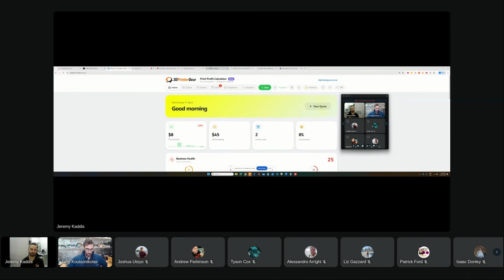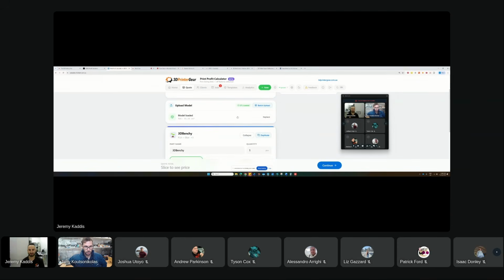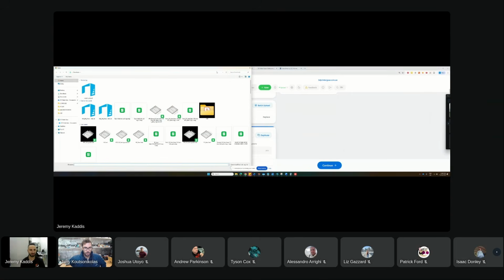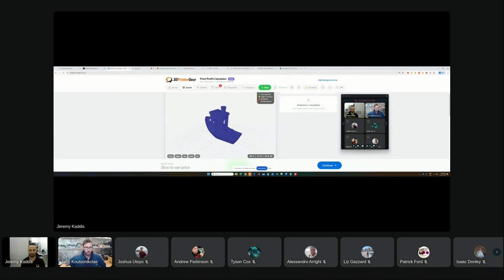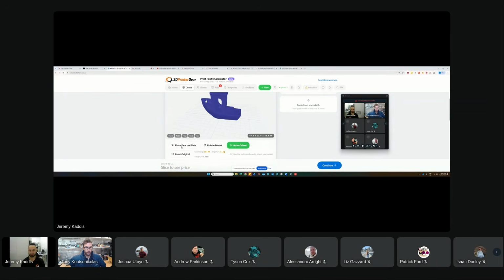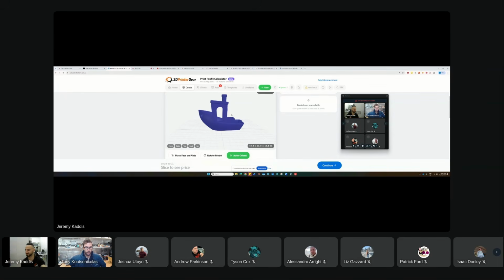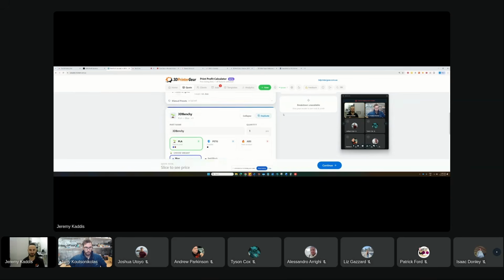So now anybody can take this and load in a model. So I can load in a model here. I can then place on a face, rotate the model, auto orient. I have all these rotational tools at my disposal.